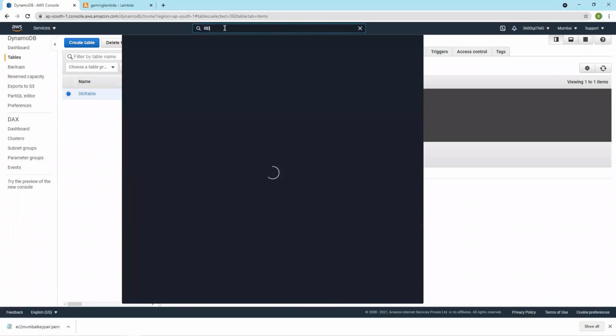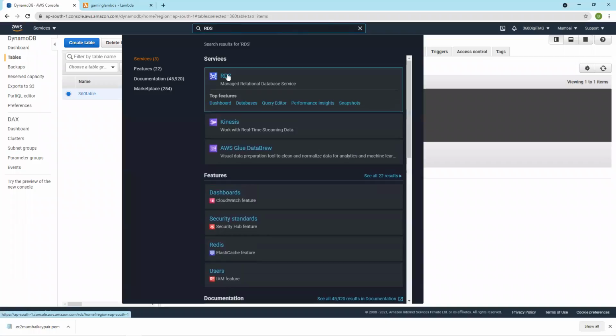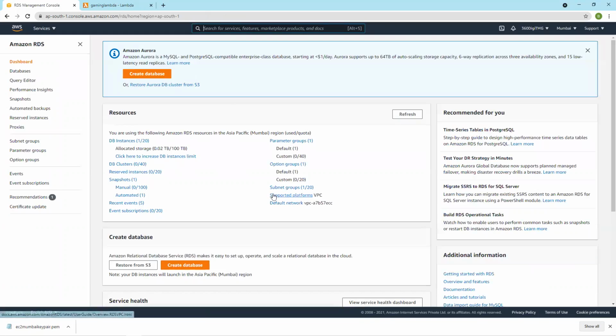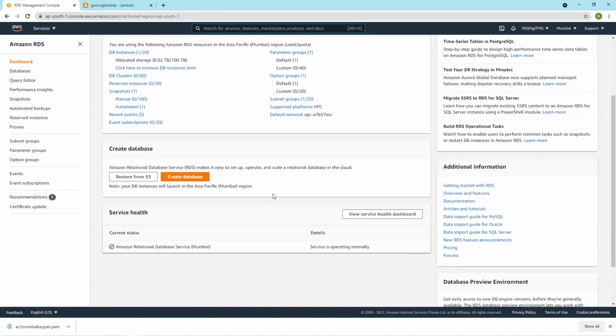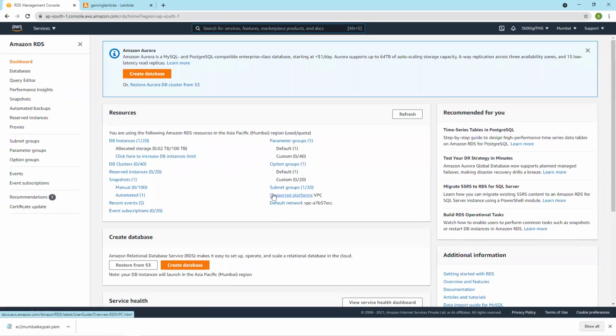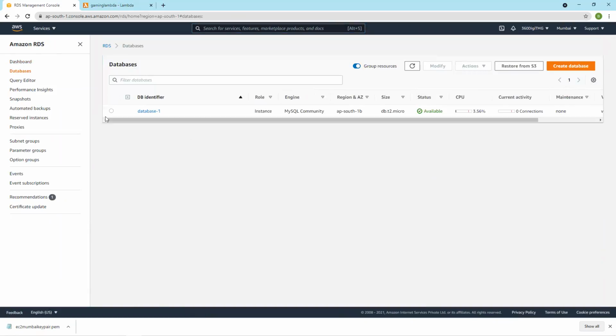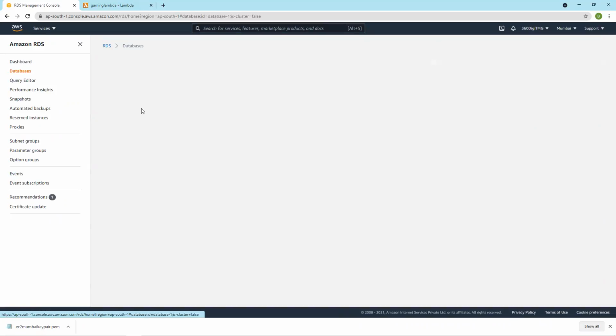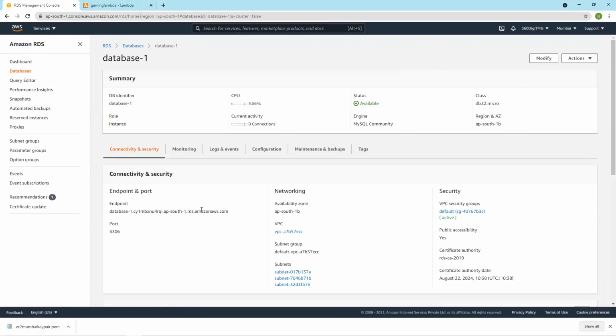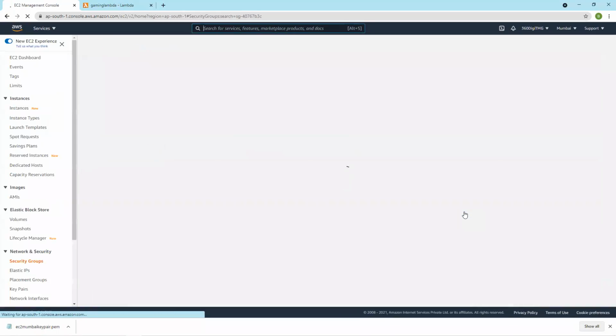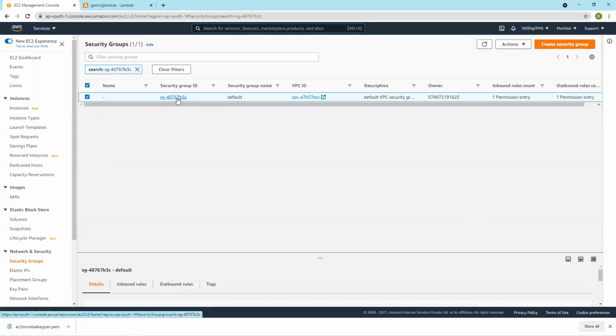Let us say RDS. Databases. It's available now. Let us go here and I can see the endpoint name and the security group. And this is the security group.